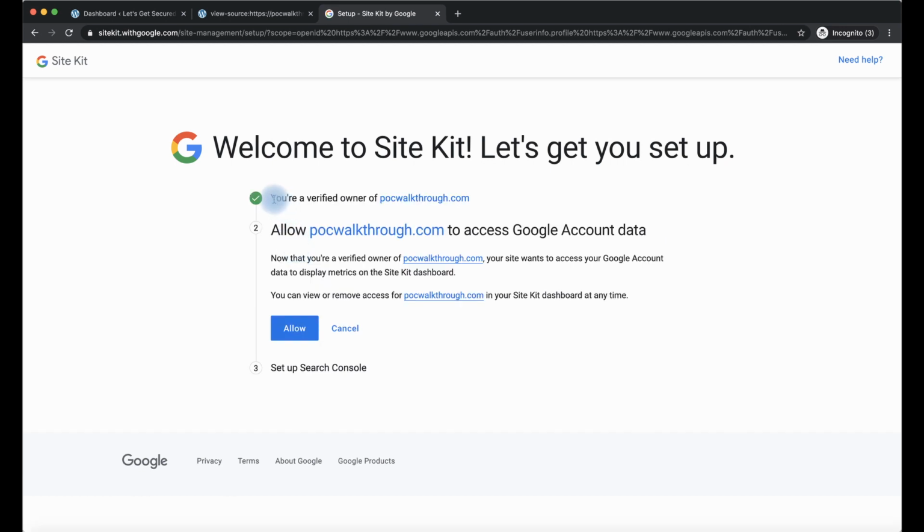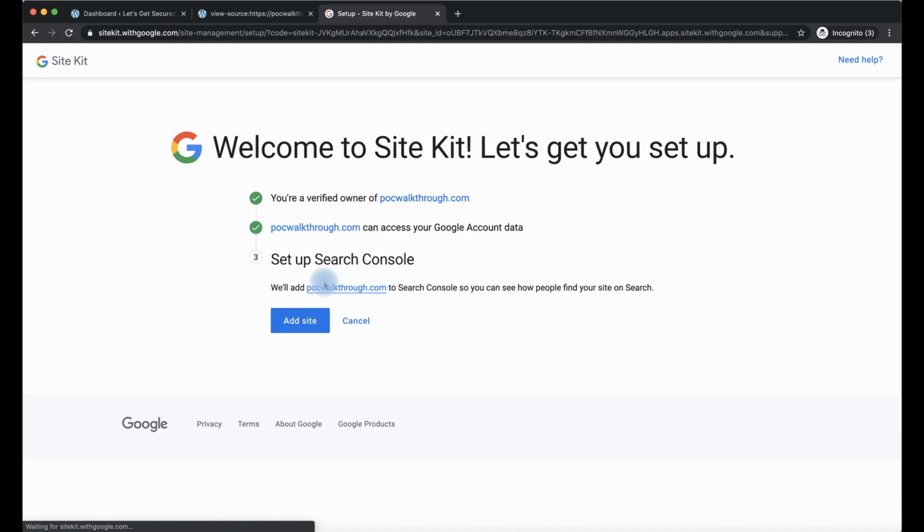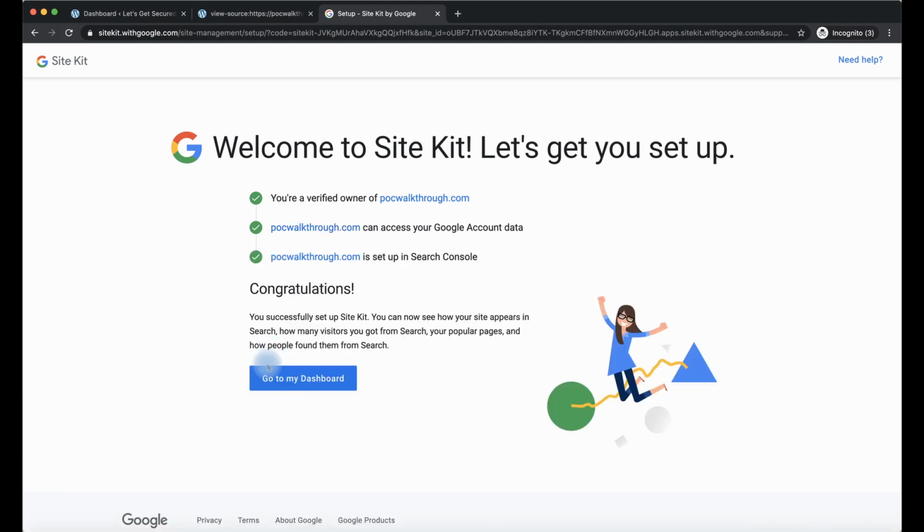And now you can see that we've become a verified owner of POCwalkthrough.com. Now we just need to allow it to access our Google account data. Click allow. And then we go through and set up Search Console by adding site. And you can just go back to your dashboard, and in order to verify that you have been set up